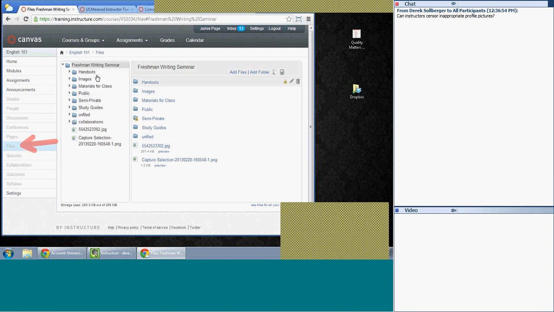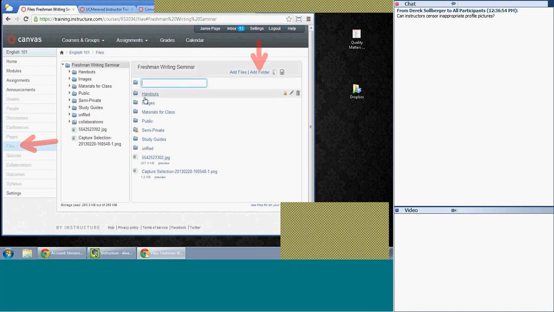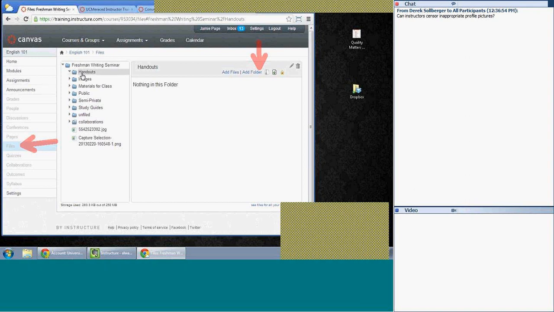Okay. What I like to do, right when I get into a fresh course, is build folders based upon the content I will have for that course. So maybe I'm going to have some handouts. All you do is come over here to the right and add a folder. You can add folders as you would like for this course. Okay, a handouts folder, an images folder. Any images that I use to build this course, I'm going to place here in this images folder. Material for class,